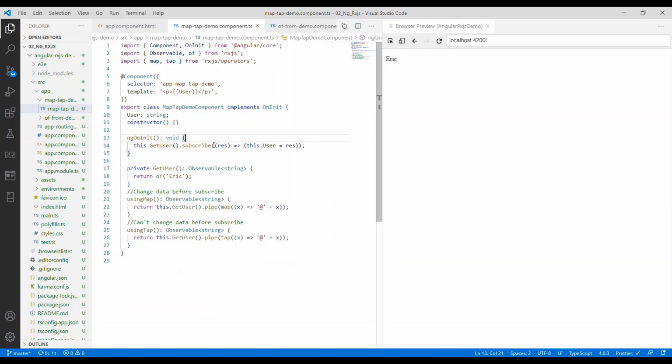Now let's talk about map and tap. Here you can see that in ngOnInit, we call a method called getUser. It returns an observable string, and then we subscribe. After it returns this result, we assign this.user equal to this result, and then we just display it in our template in HTML. In this case,